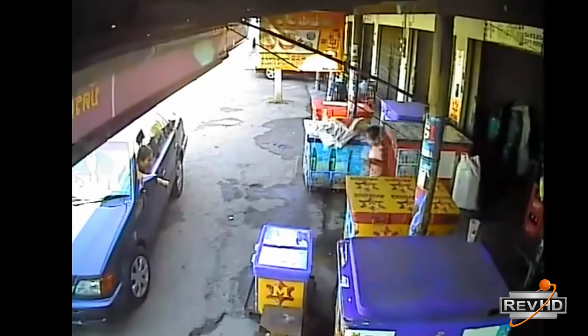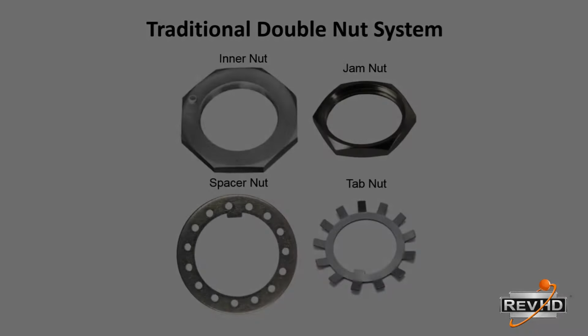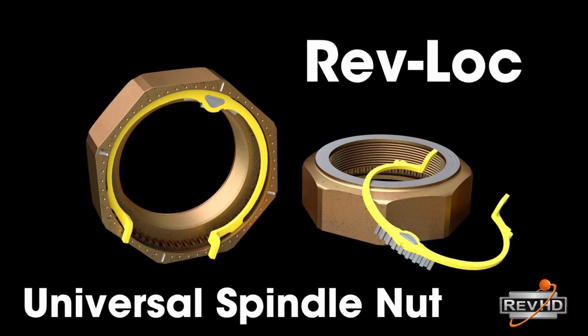Pay close attention to this part of the course, as we will attempt to go over all the various nut systems that exist today and show you the bearing adjustment procedures that are associated with each of them. We will begin by showing you the proper bearing adjustment procedure for the double nut system on a conventional manually adjusted hub. Then we will show you how to perform a proper bearing adjustment using a single nut like RevHD's